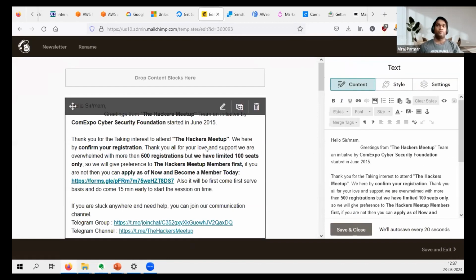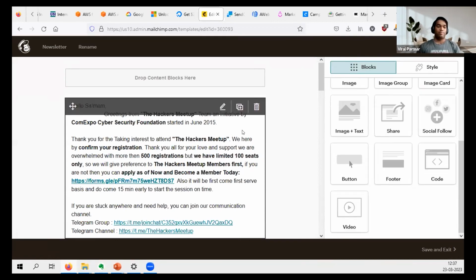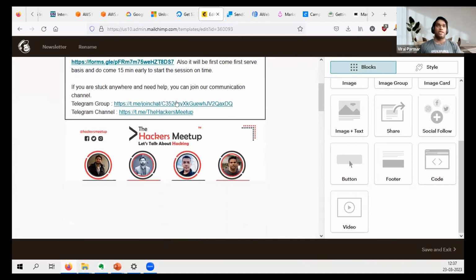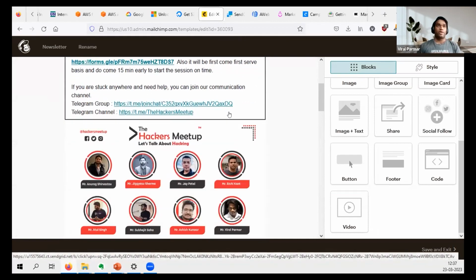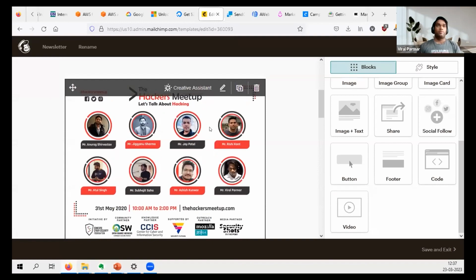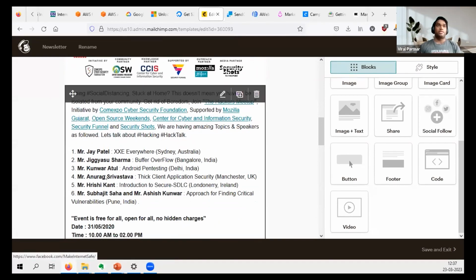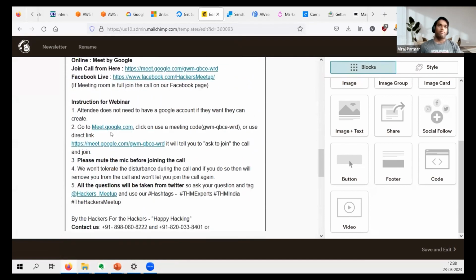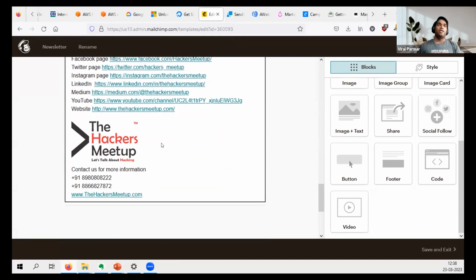Here I'll show you the common email format that we use to share with people that it's for the event and we are giving information to them, and they can attend the event and reach out to us whenever they want. Here you can see a small text content, the confirmation of your session and links that they can join, and if you have queries during the event. Then the event poster with the speakers, and details on who will be speaking and what they'll be talking about, the link to join, and instructions. So it's a very simple email.